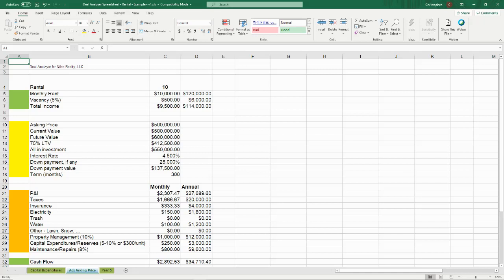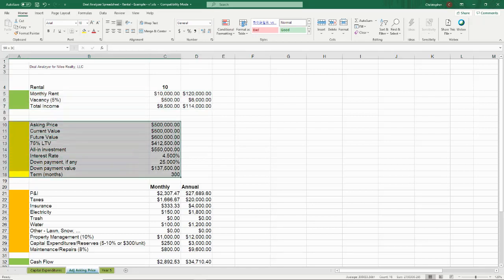You're looking at the deal analyzer. The deal analyzer documents the income and expenses of the real estate asset and allows you to accurately project what your cash flow will be for the real estate asset. So I've broken the deal analyzer into a few sections. The first is income. I highlighted that here. So we've got marked in green the income that the real estate asset brings in.